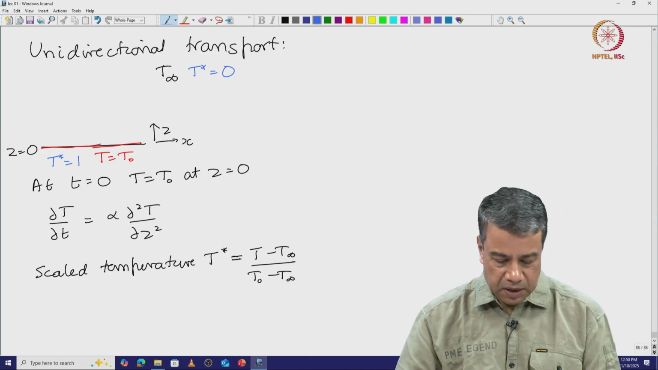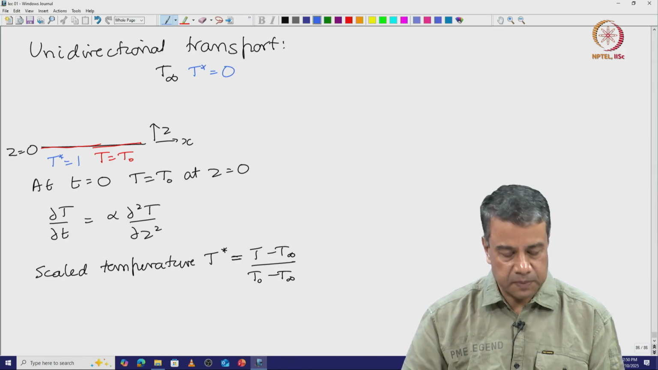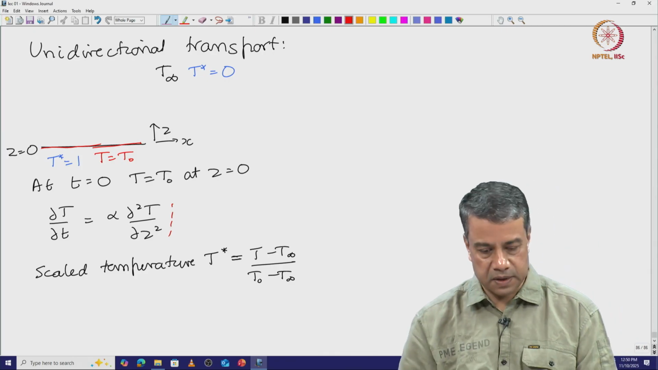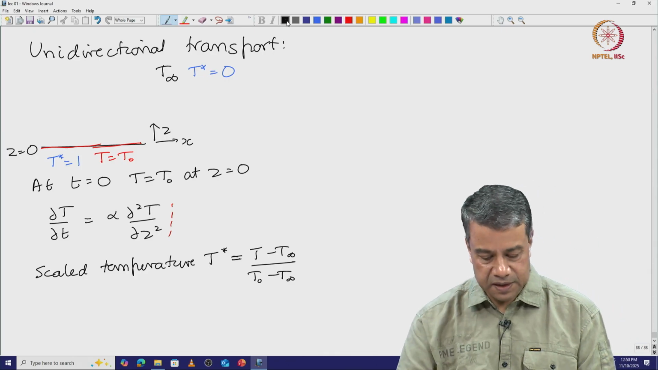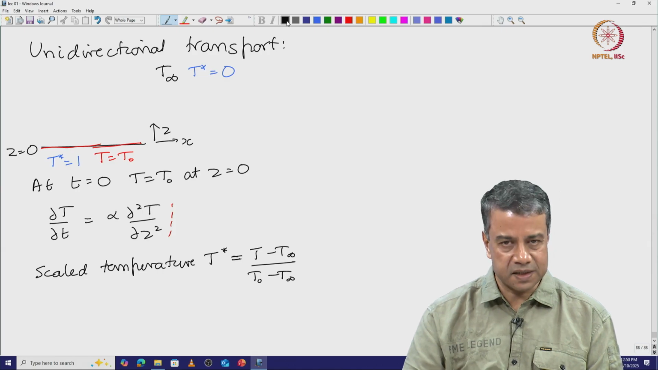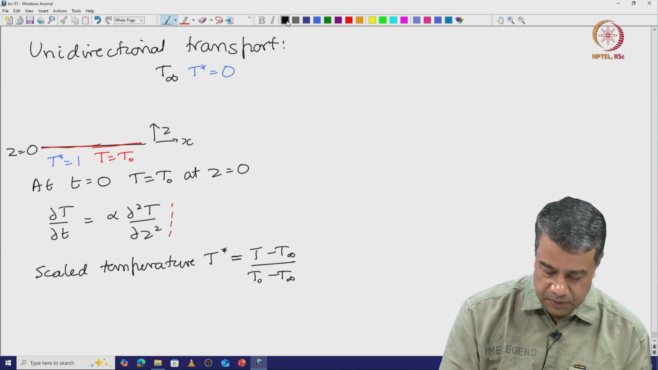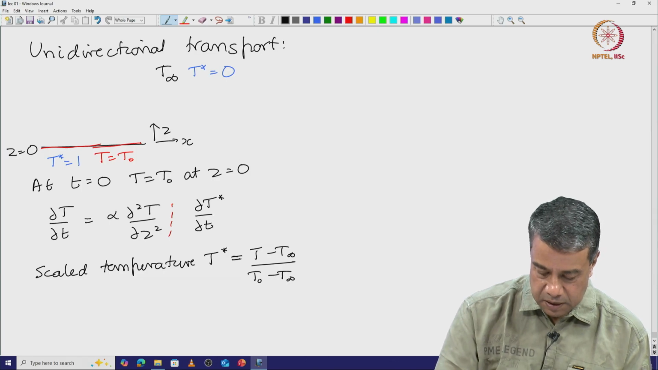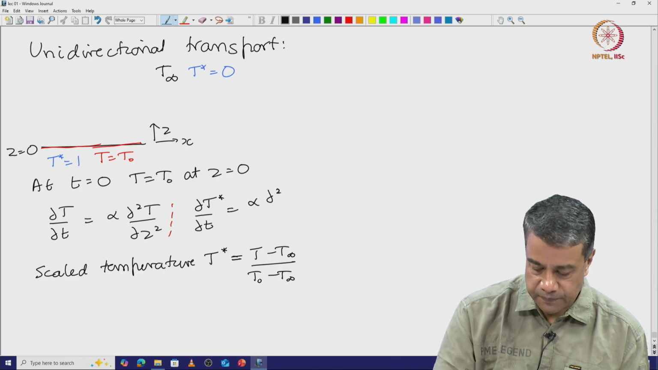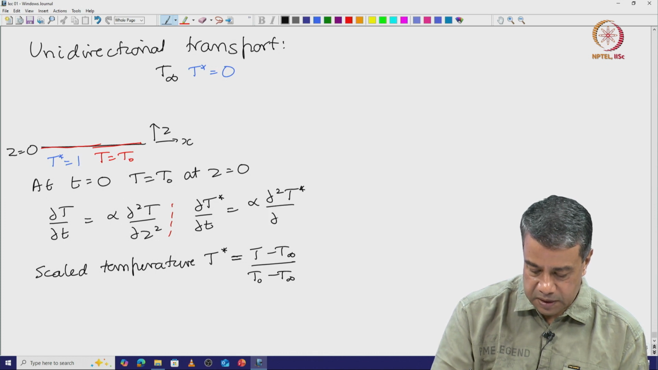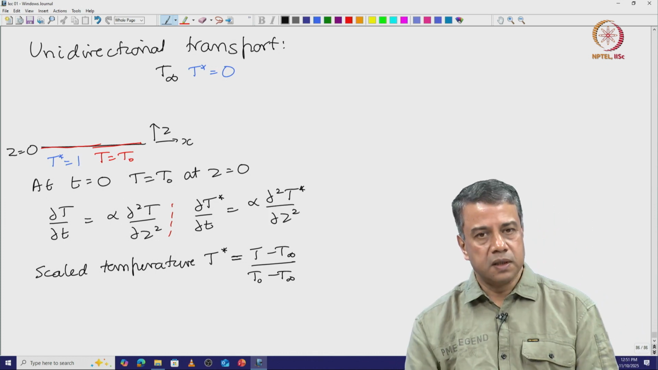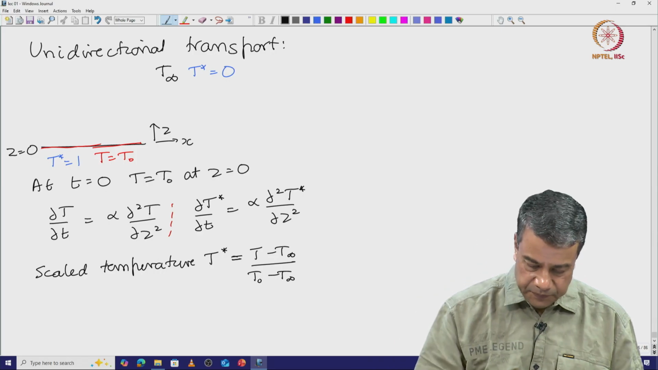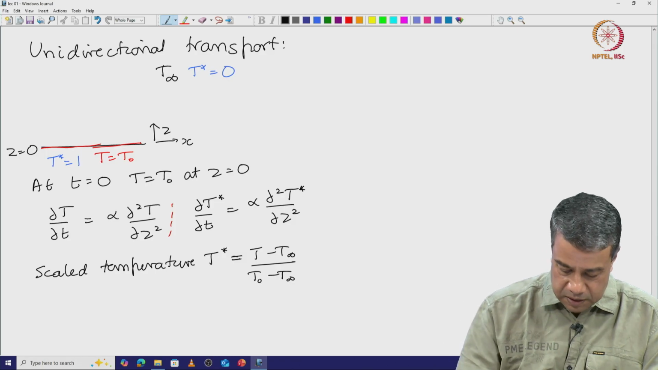And if I substitute for the temperature into the energy conservation equation, you can easily see that the T naught minus T infinity will cancel out on both sides, and the equation for the temperature just becomes partial T star by partial t is equal to alpha partial square T star by partial z square. So, that is the energy conservation equation for this case. And the boundary conditions